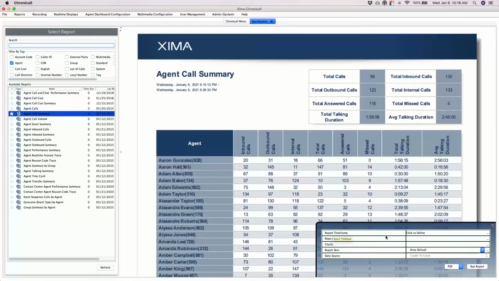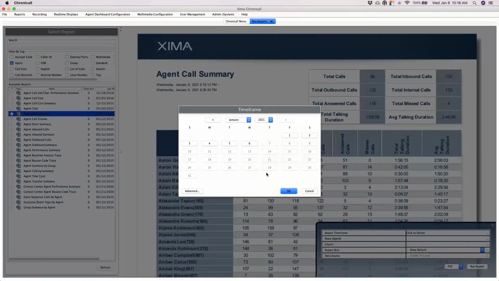So it'll always start off with your report time frame. To select my report time frame, I click on the ellipsis here to the far right. And once I do that, it will present to me a little calendar. Now in this calendar, I would essentially just go through and select the date range that I would want to see. That can really be any time from the point that the software was installed up until the present point